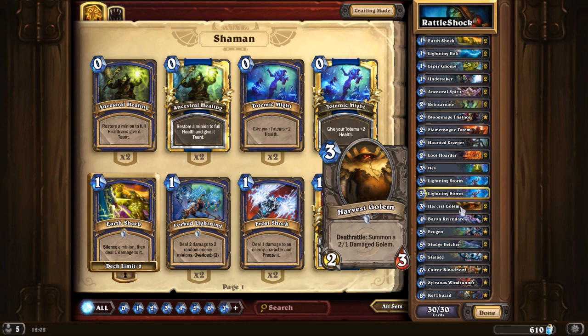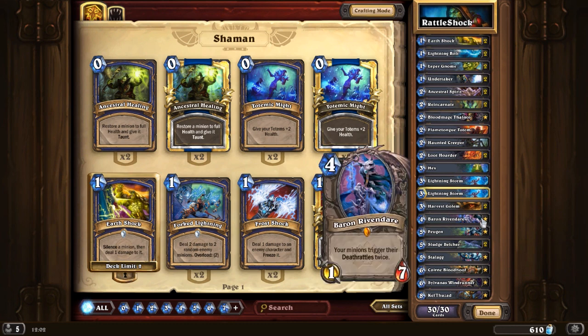And now, because we have so many Death Rattles in this deck, we've got Baron Rivendare, so they trigger their Death Rattles twice. Now, if you are lucky enough to be able to get the Ancestral Spirit and Reincarnate combo onto something whilst Baron Rivendare is out, it's pretty much game over, I think, depending on what it is. Obviously, if you use it on something like the Harvest Golem or the Blood Mage Thalnos, it's probably not so much going to be the case. But if you put it on anything bigger, then your opponent's going to have a really tough time of it,